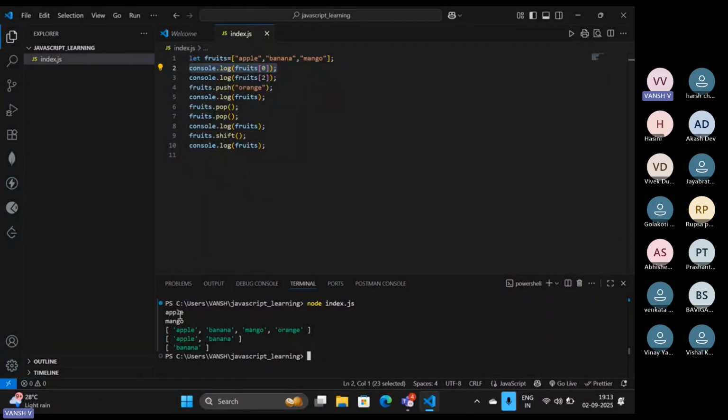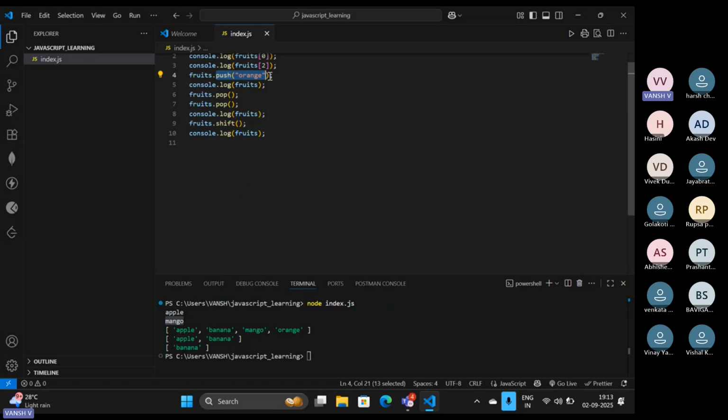They are getting apple. Good. Then this is the first index. And then this is the second index. So you are consoling the second index element. So that's why mango is coming here. Okay. Then what you have done, you have pushed the element to the end of your array. For pushing, you have to specify what element you want to push. So that's why you have provided the name here, orange, to push the orange to the existing array. So here you can see while I am consoling the whole array, they are providing me apple, banana, mango, orange. Orange was not there in my original array, but now it is there